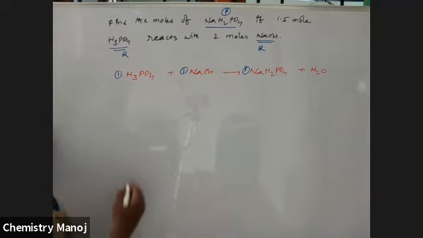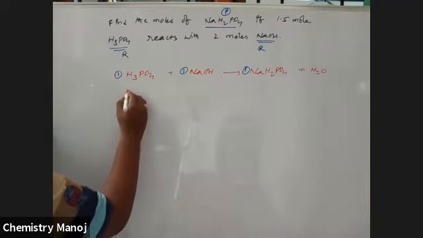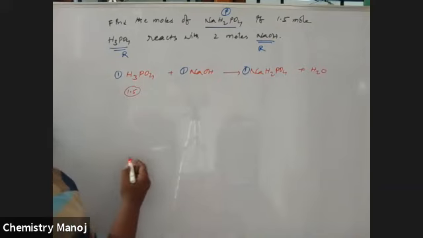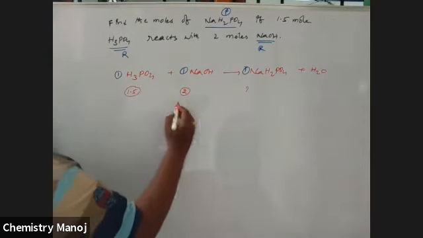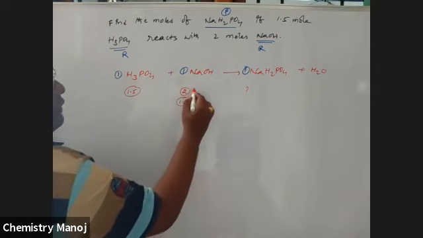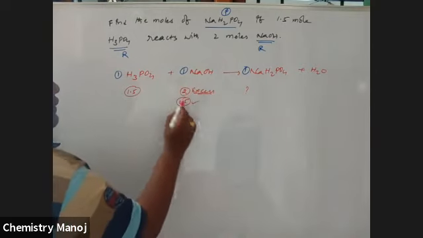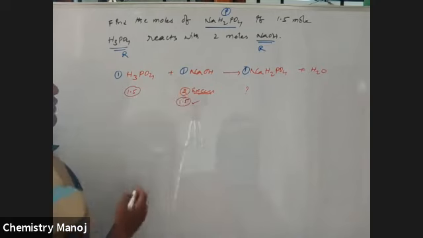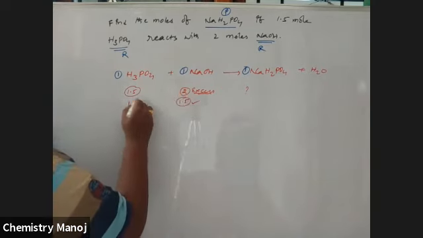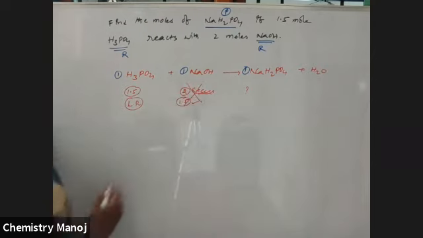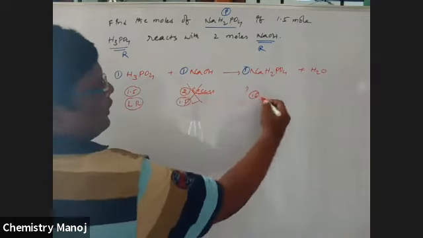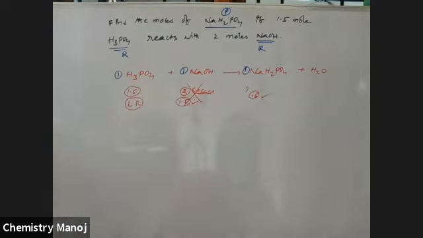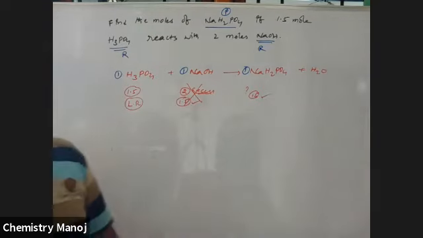But here 1.5 mole is taken, 2 moles is taken. How many moles are required? 1 mole requires 1 mole, so 1.5 mole requires 1.5. So here it is in excess, because the given value is more than the required value. That is excess. Now it is the limiting reagent. So 1.5 mole gives automatically 1.5 moles NaH2PO4, based on the limiting reagent. Constant, simplest one.